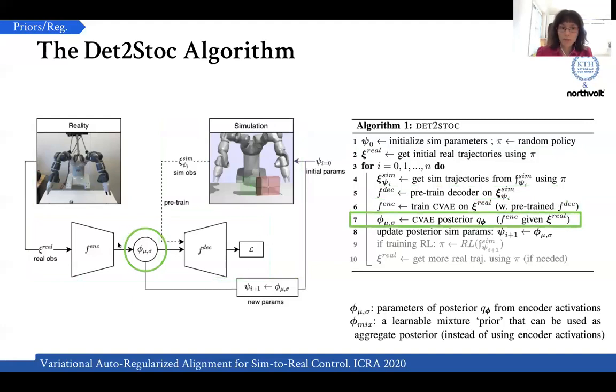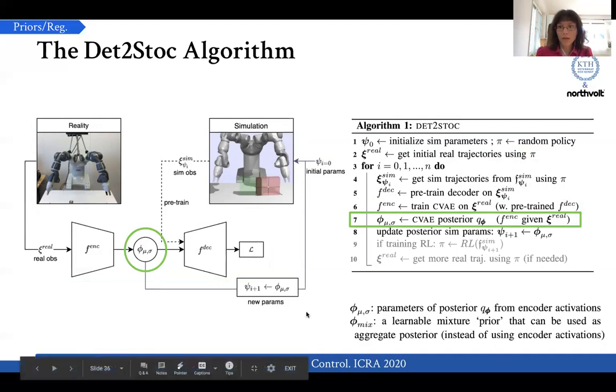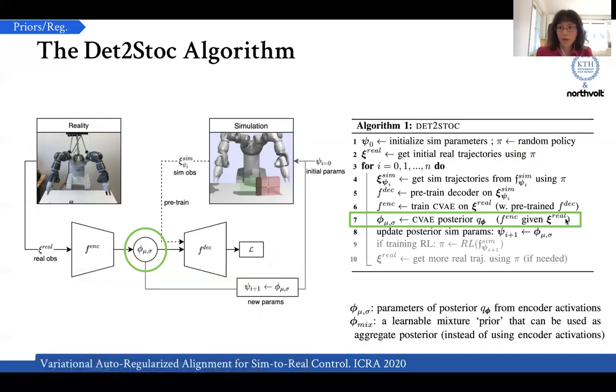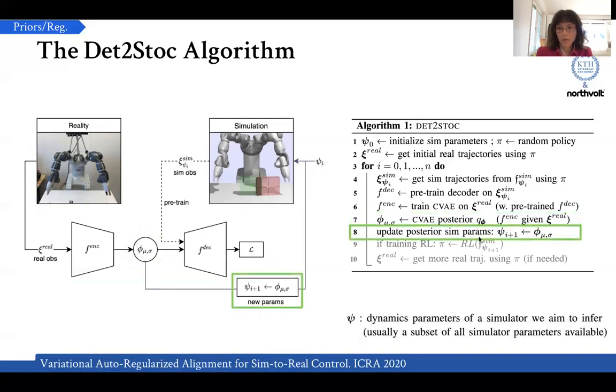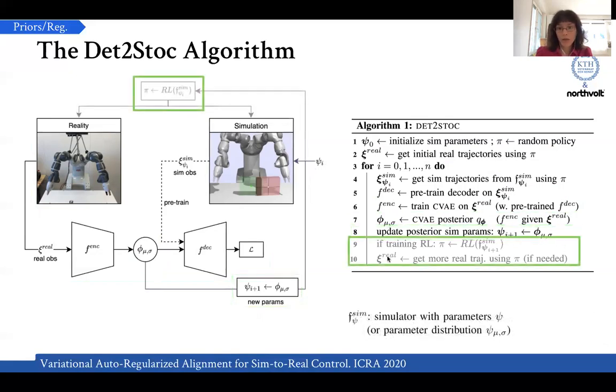This lets us update the latent space, which now reflects the shifted probability distribution over the simulation parameters that better aligns with the hardware trajectories that we've used. And then we continue. Here we update our posterior probability distribution. This can be a mixture. And then if we're training RL here, we can update the RL policy now